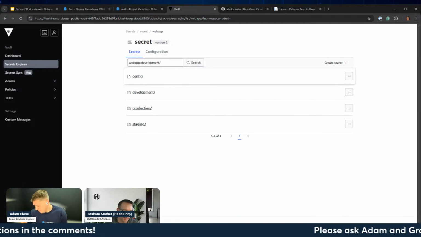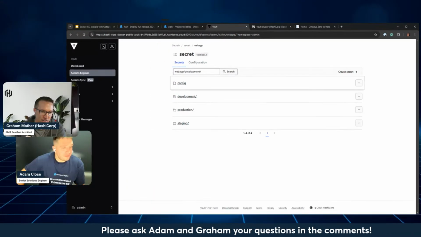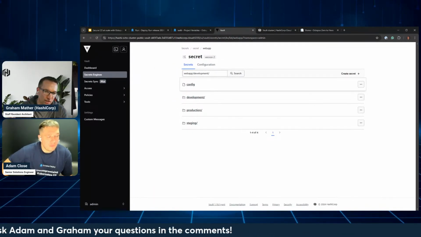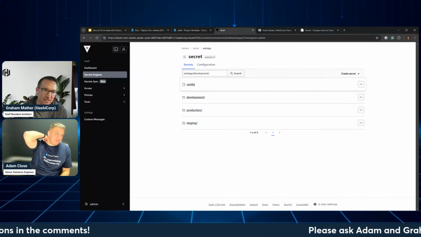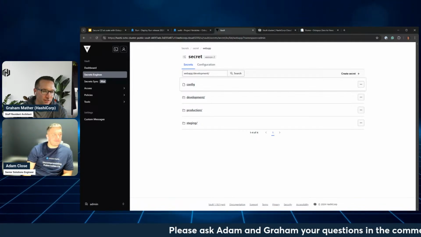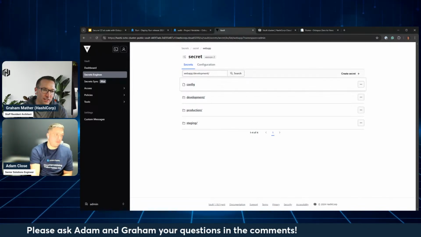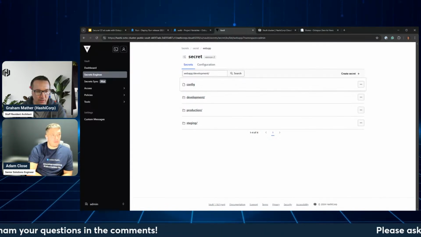And when you authenticate with Vault, you'll get a token with a particular policy attached, and that gives you access to just development, just staging, just production. And that ties back to what you were doing with the deployment targets. Each deployment target gets its own policy associated with it,